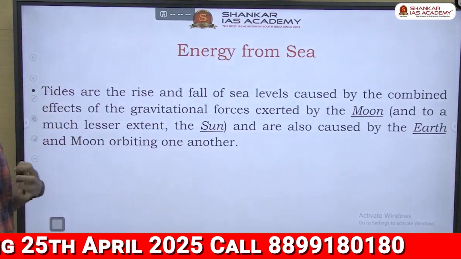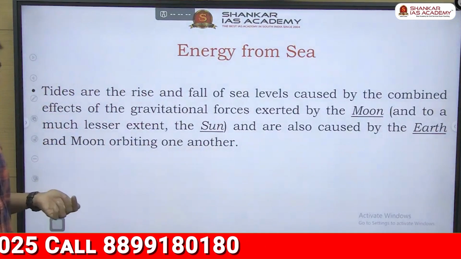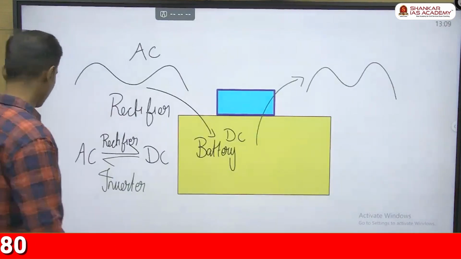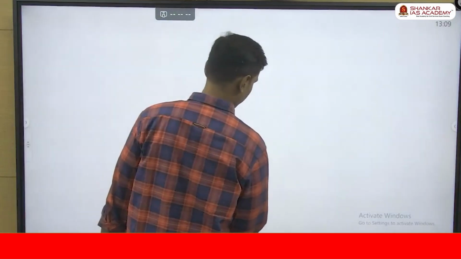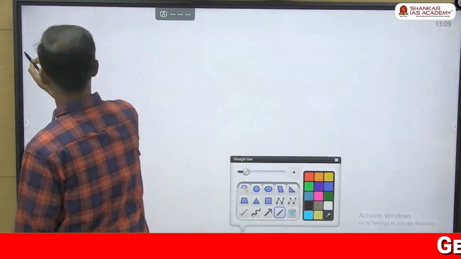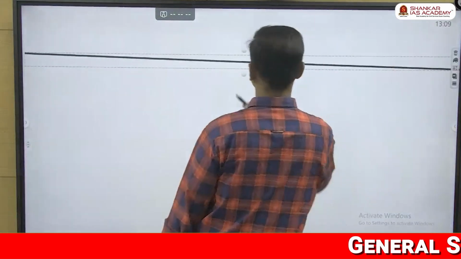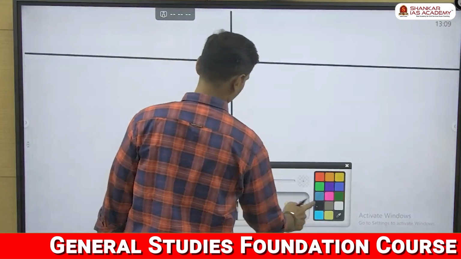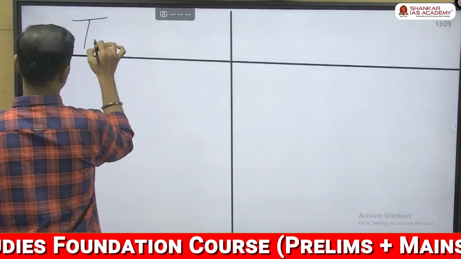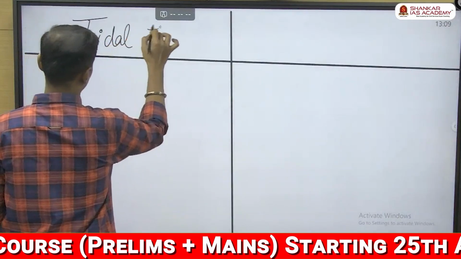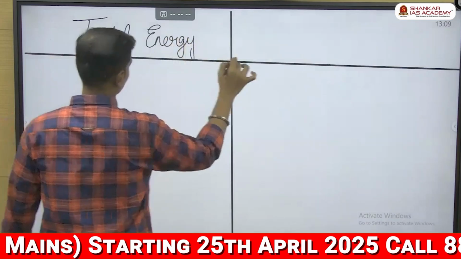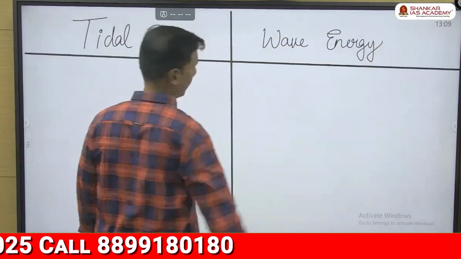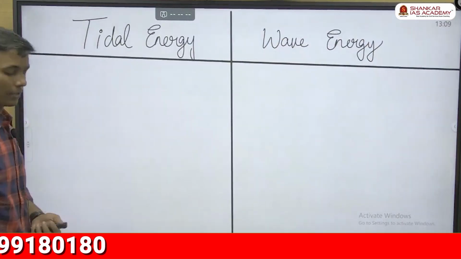Try reading this once. Tides are caused by gravitational effect. Waves are caused by the wind. So you can put a tabular column. Left side for tidal energy and right hand side for wave energy. Tidal energy and wave energy. So first for tidal energy, you can write